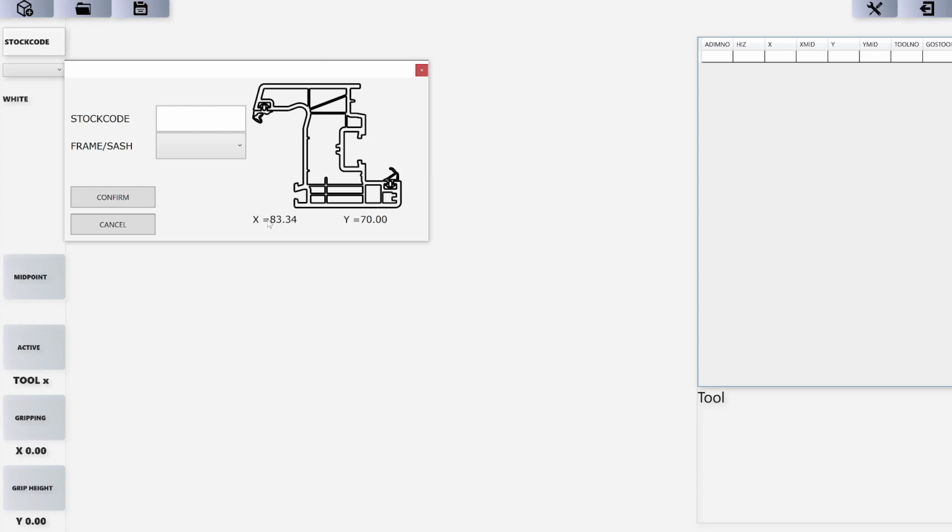And here I see the X measurement and the Y measurement. The X is 83.34 millimeters, which is from left to right, and the Y is 70 millimeters, which is from bottom to top. I will enter a stock code. For showing an example, I will just write 1250